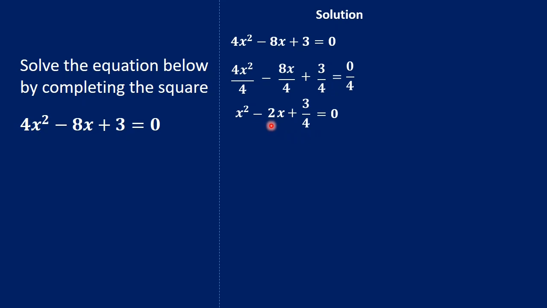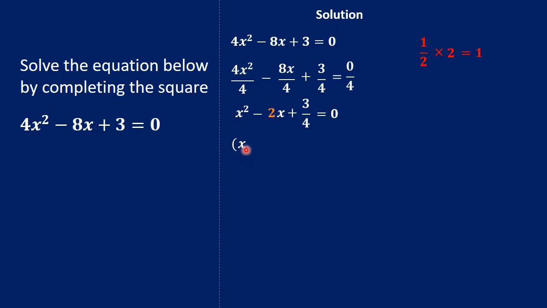Secondly, we have to find half of the coefficient of x. That is half times the coefficient of x, which is 2. So half times 2 is 1. And then